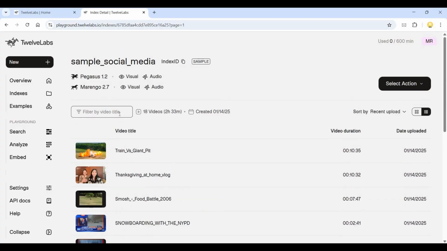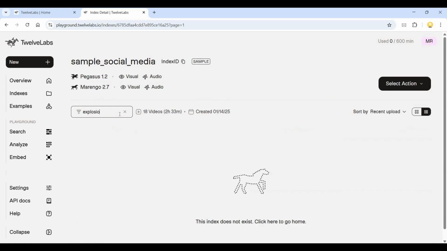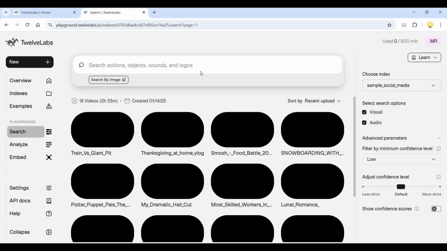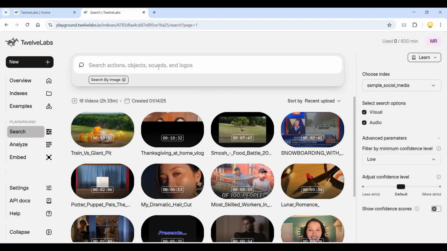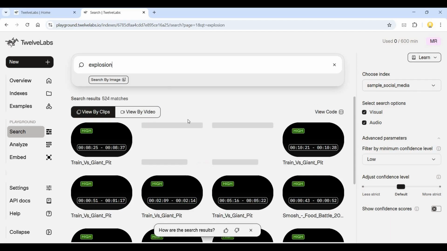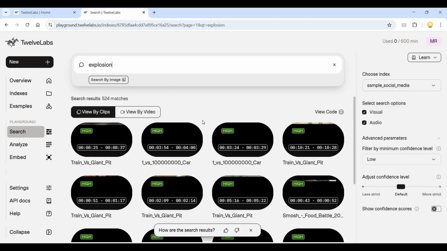I'll say, in this video, is there an explosion somewhere? This is a very small set of videos. So I'm searching for explosion. Where exactly is the explosion?